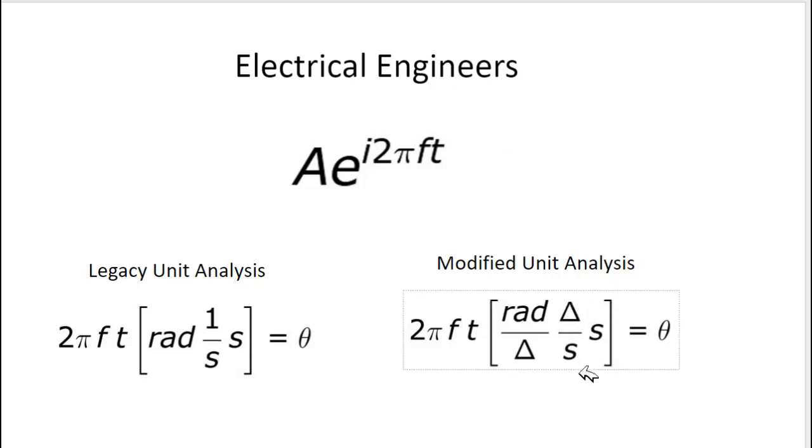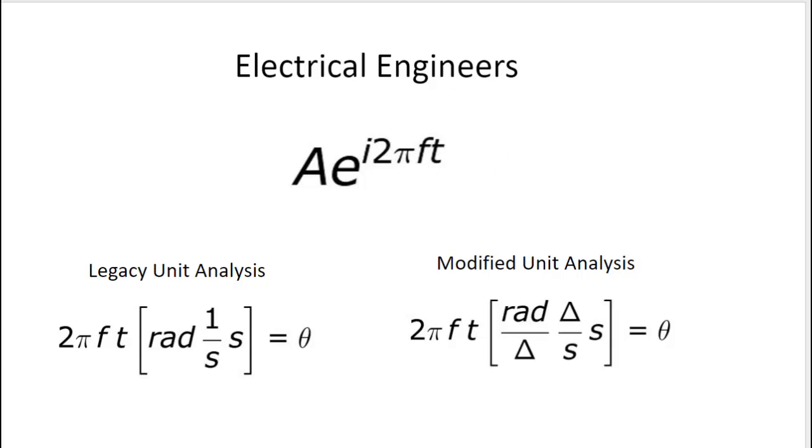And so these are the units of frequency, and of course time, as usual, has the units of second. And so the seconds cancel and the deltas cancel, and you end up with the units of radians. So my unit analysis is more complete, in my opinion, than the standard or legacy unit analysis, but we get the same answer: the units of 2 pi ft are radians, which makes this 2 pi ft converts to theta,